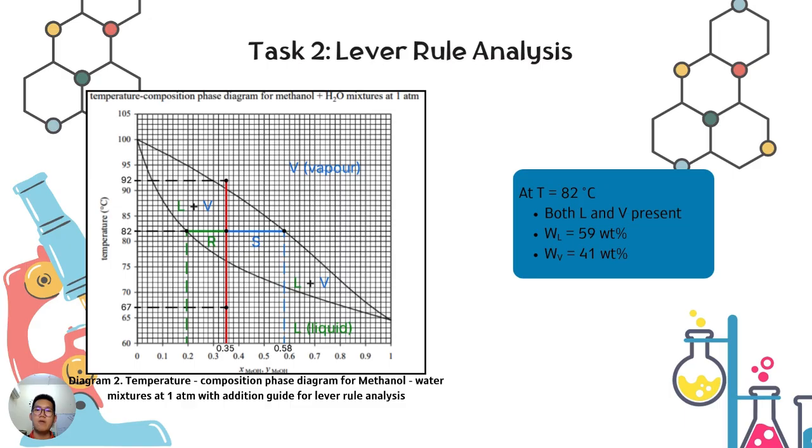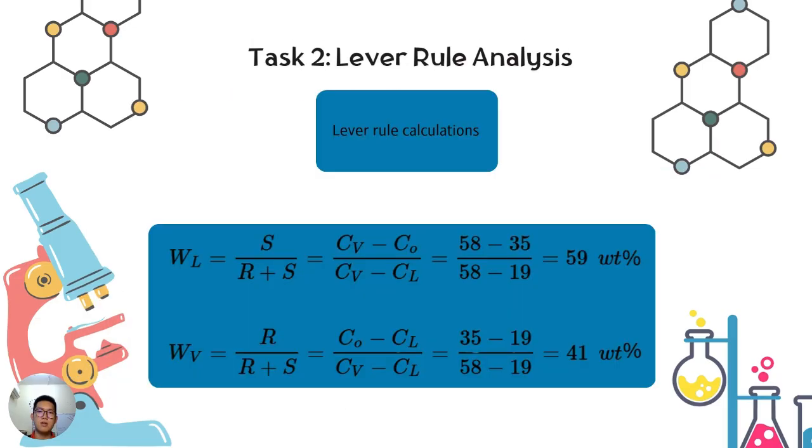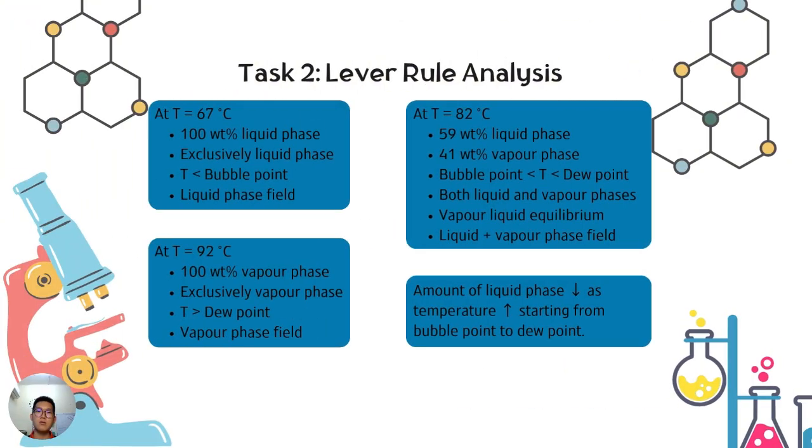However, at temperature of 82 Celsius, both liquid and vapor phases are present within the mixture. The weight fraction of liquid phase is 59% by weight, whereas the weight fraction of vapor phase is 41% by weight. These values of weight fractions of liquid and vapor phases are determined through the lever rule calculations as shown in the following slide. Based on the lever rule analysis, it is found that at temperature of 67 Celsius, the